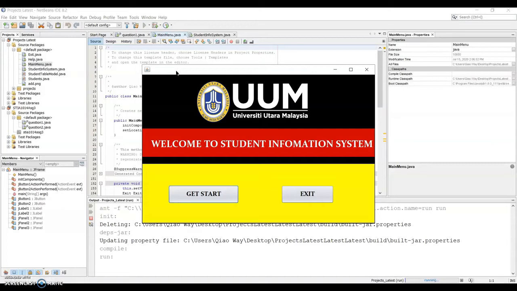Now I'm going to introduce a simple student information system designed by our group using a Java application, which provides a graphic user interface for the user to select and perform. This is the main menu of our information system, and there is a welcome message here. There are two buttons in the main menu for the user to select and perform, which are the Get Start button and the Exit